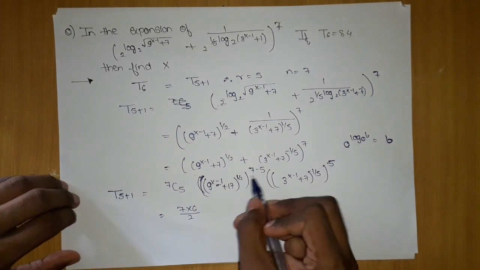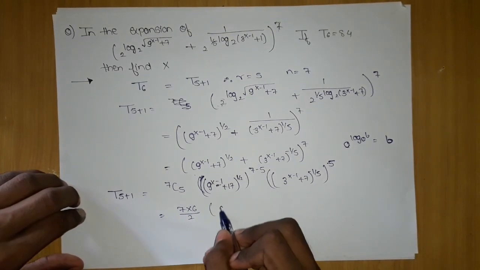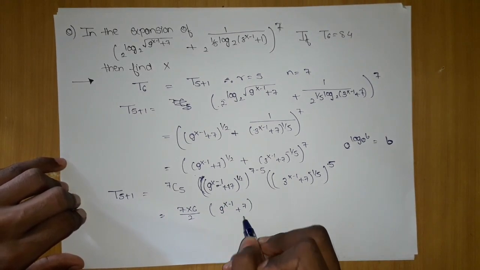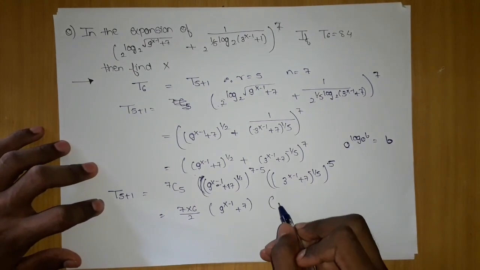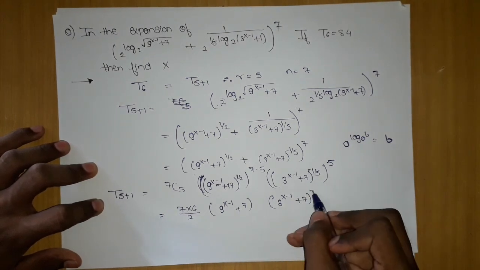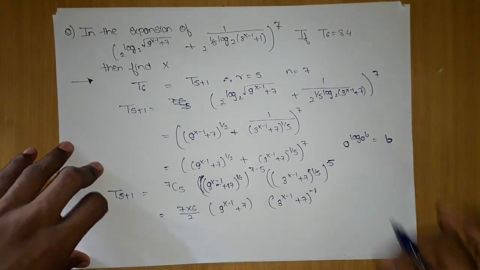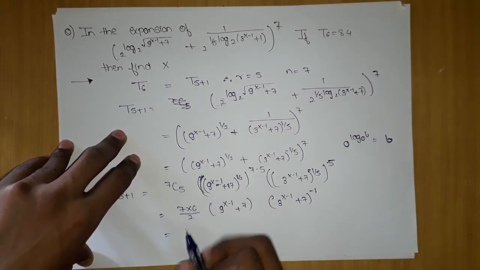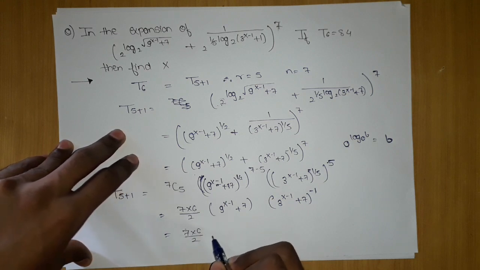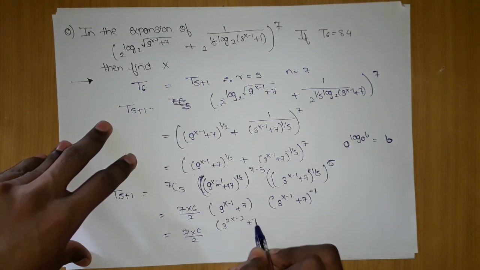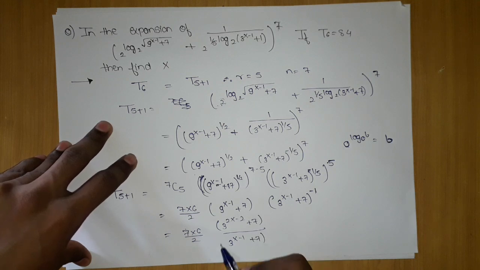After this, if we simplify, I know 7 minus 5 will be 2, so this will cancel out, and finally I will be left with (9^(x-1) + 7) only this thing. And here (3^(x-1) + 7) to the power minus 1 by 5, so minus 1 will be left, 5 will get cancelled out. Now we are left with this thing. We can write 7 into 6 by 2 as it is, because we don't have any. So this I can write as (3^(2x-2) + 7) the whole upon (3^(x-1) + 7), right?